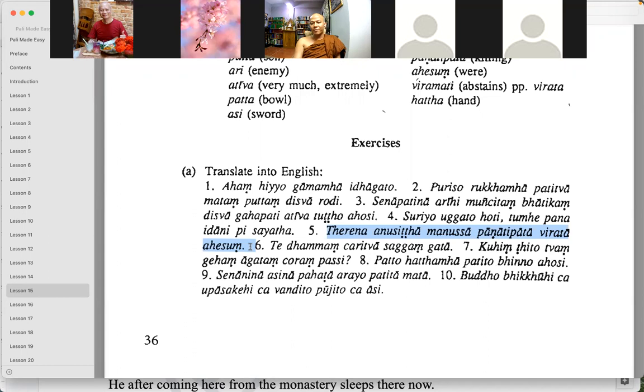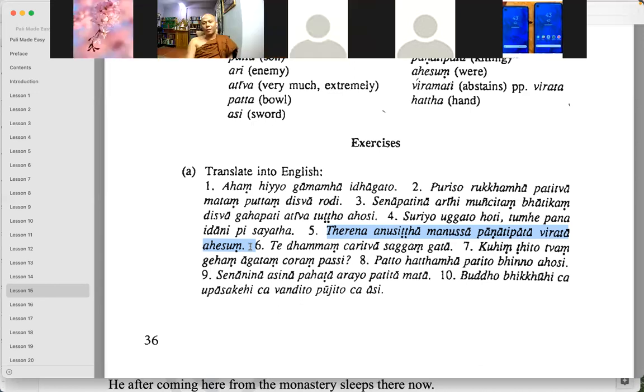People were advised by the elderly monk, being abstained from killing. So you translate virata here as being abstained, right? Yes, being abstained. That is also possible, but systematically